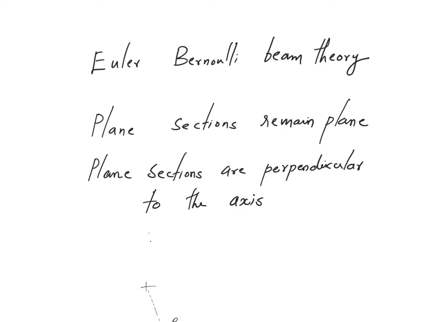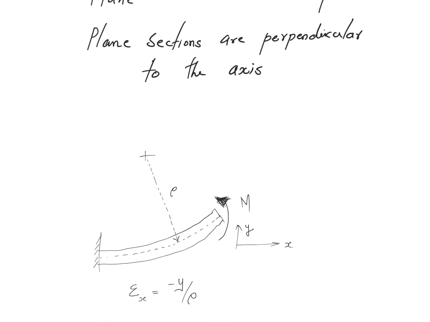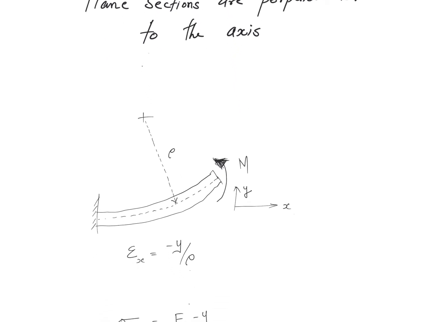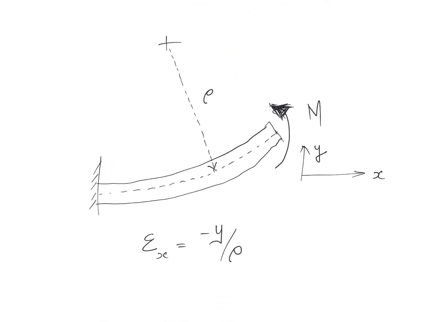One of the key assumptions that goes into Euler-Bernoulli beam theory is that plane sections remain plane, and plane sections remain perpendicular to the axis. This is a key assumption that we should always remember whenever people coin the word Euler-Bernoulli beam theory. Now, to describe the same thing with a figure,